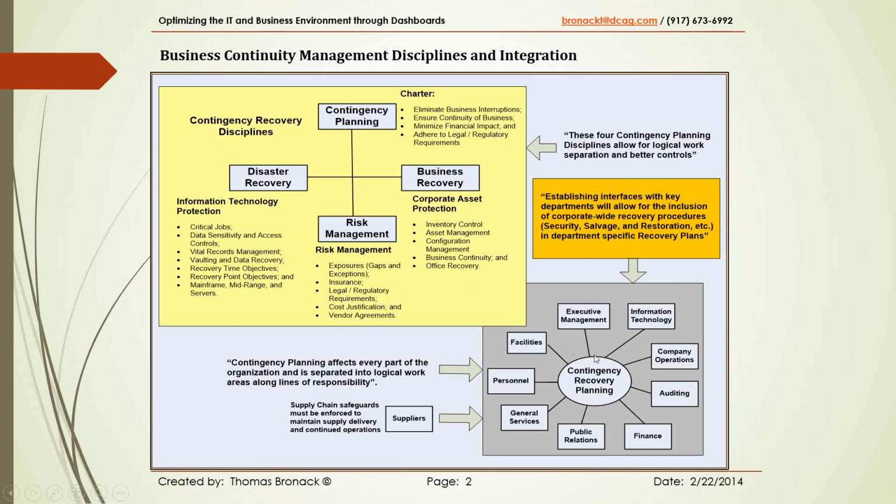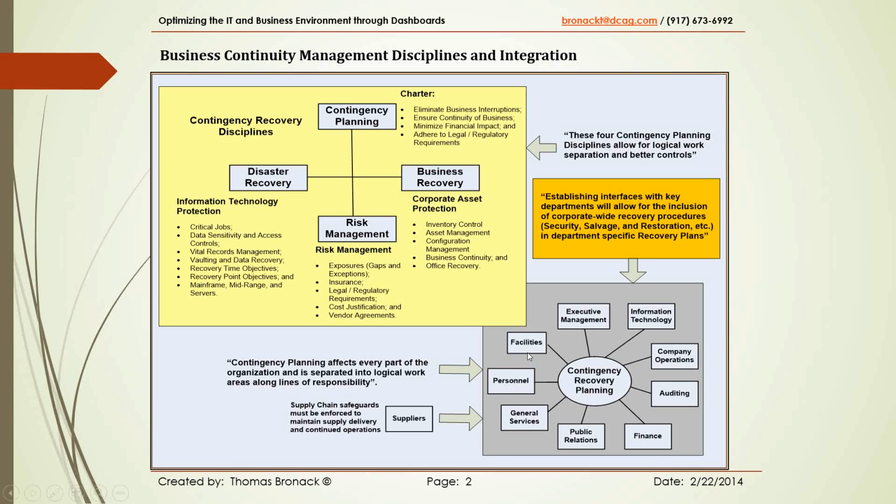Continuity of business also involves a lot of people. The executive management, information technology, the operations of the company, not only IT operations, the business operations, the auditing department, the financial department, public relations, because if you have a disaster, you have to talk to the rest of the world, general services, which is human resources and as such, personnel, both involved on teams and other people within the company that could be affected by a disaster event or by two clients and the community, and the facilities people